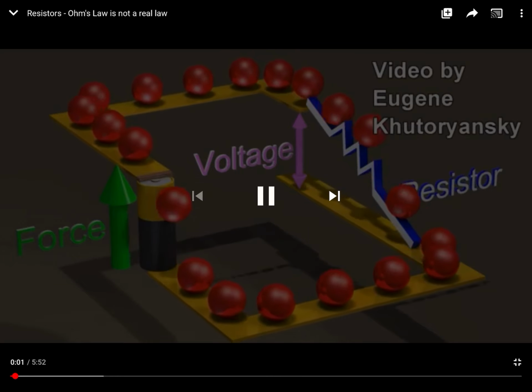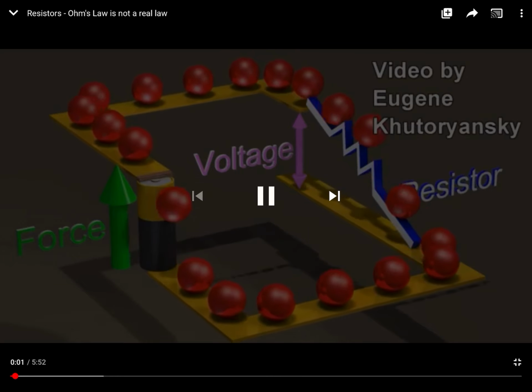Ohm's law is one of the most basic principles in electronics, yet it is not an actual physical law. Understanding Ohm's law is critical to understanding how electric circuits work. Understanding why it is not an actual physical law is critical to understanding the basic principles of logic and the